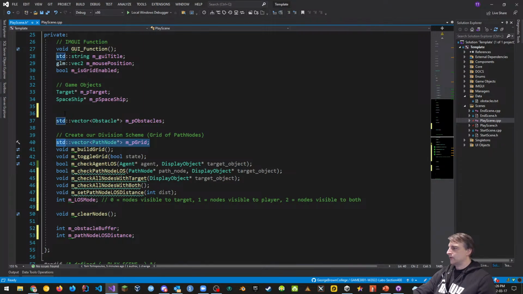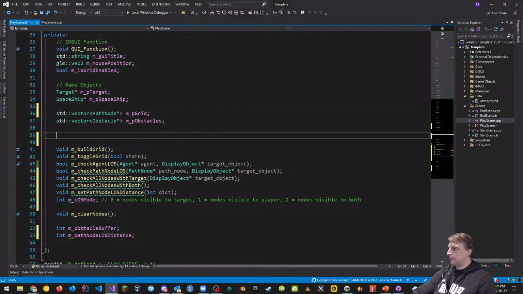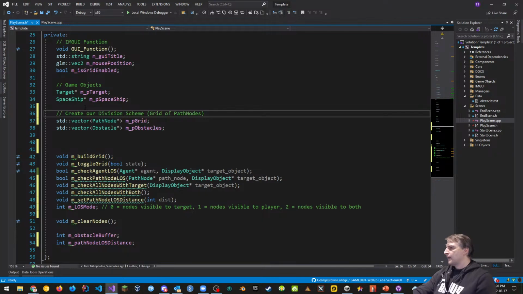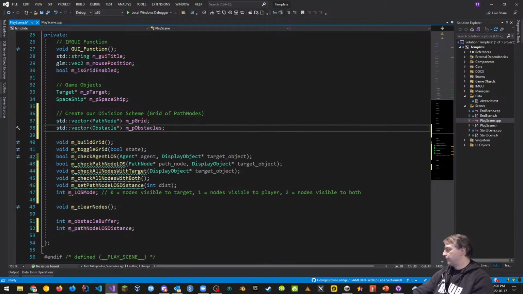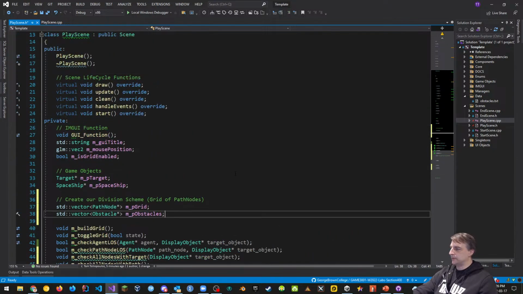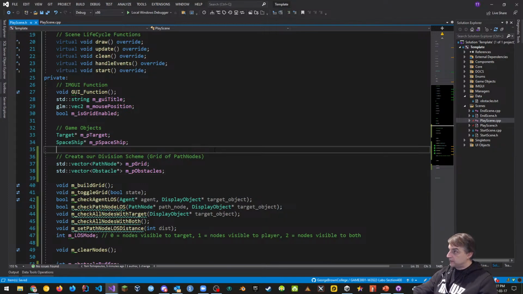This path node vector array, which is right here. Build grid. That is our division scheme that we talked about before for path nodes. There we go. So that is, I think, where everything is the same in terms of the setup that Alex had for his video. And I'm doing this very specifically, because just in case my internet connection drops, you can always follow the rest of Alex's stuff if you need to.